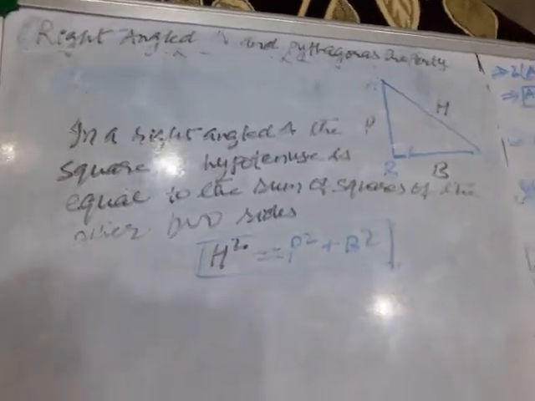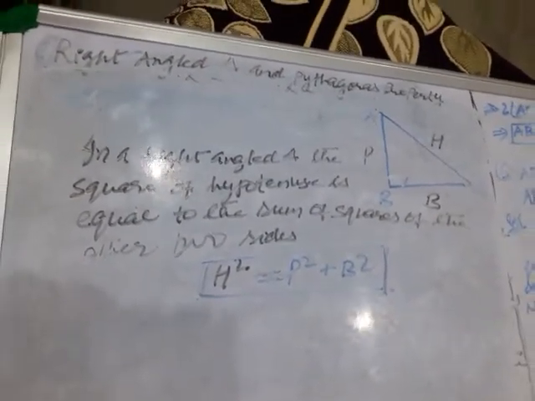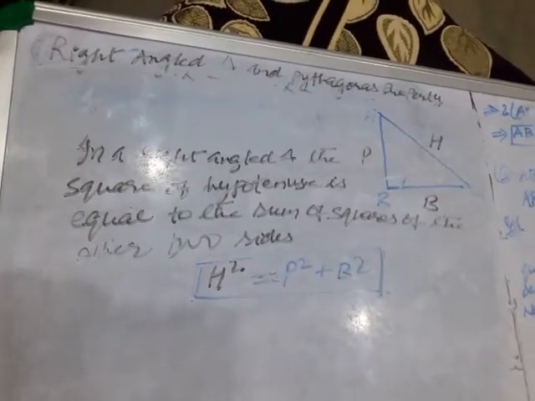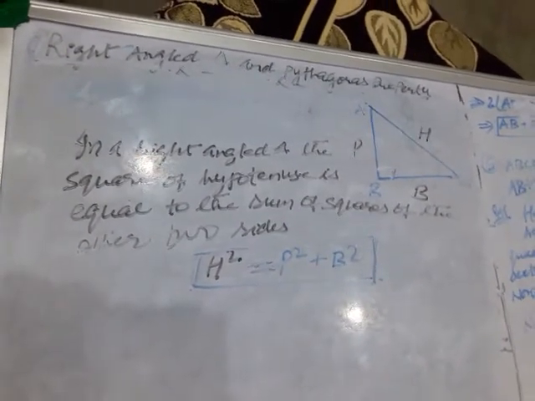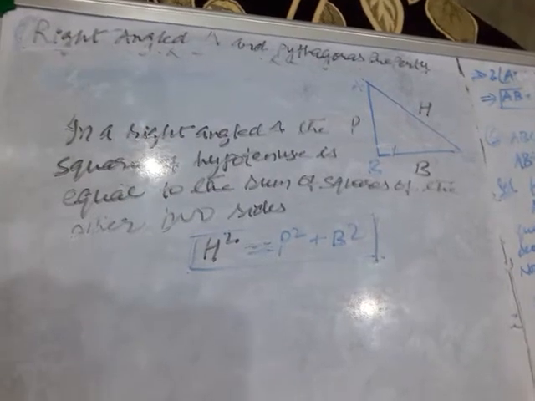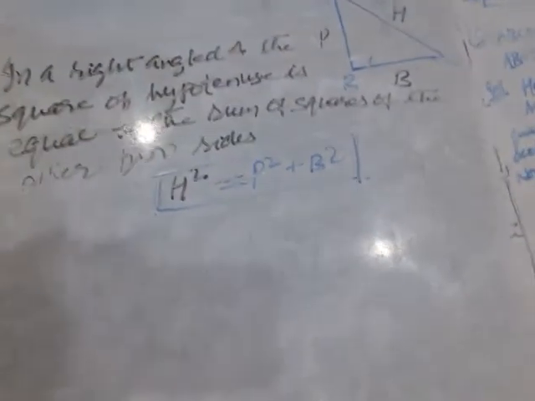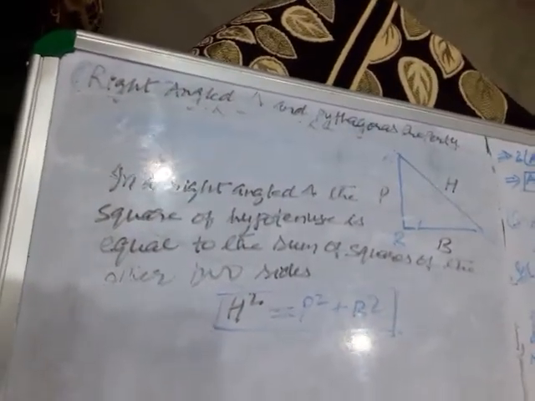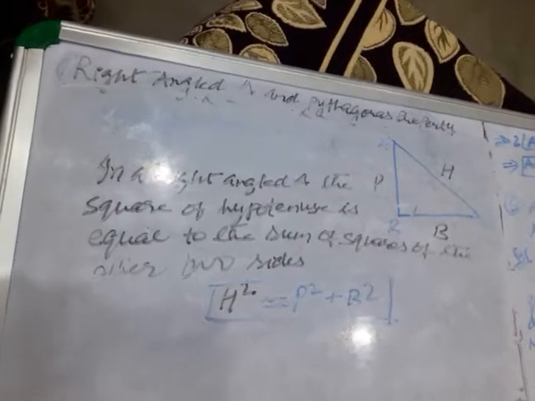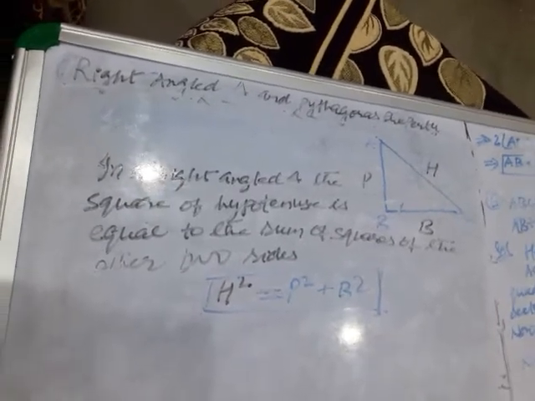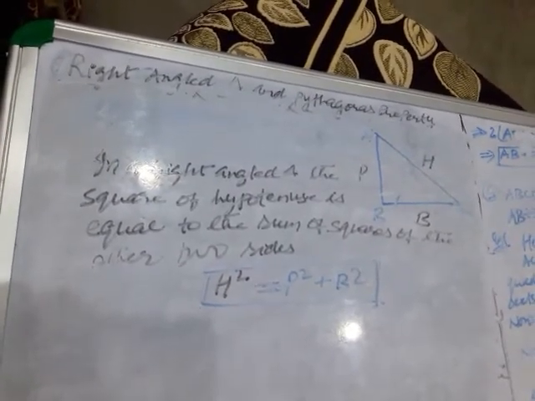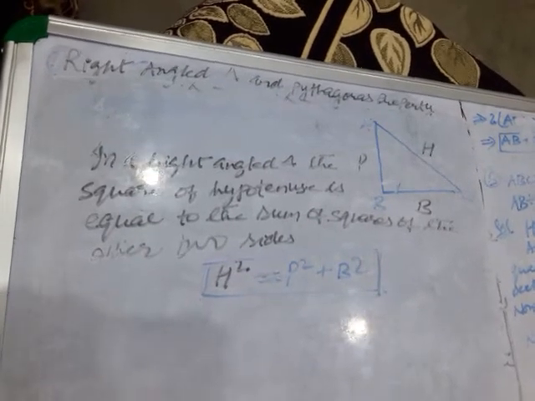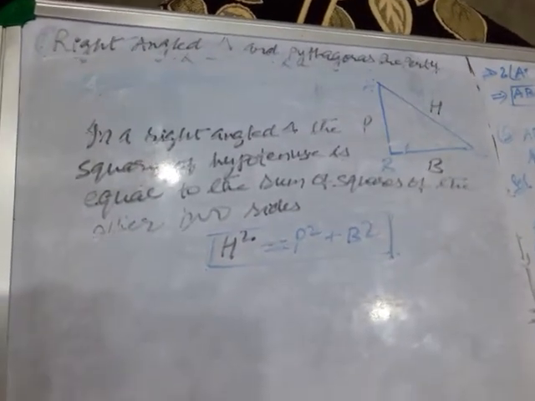Okay children, so these three questions of exercise 6.4 that we have discussed over here, you will practice with these three questions rigorously, otherwise you will not be able to solve in the examination. Clear children? And this Pythagoras property you have seen, and in the next class we will discuss it again properly. And children, solve the questions once again and keep the proper record in the notebook for further reference.